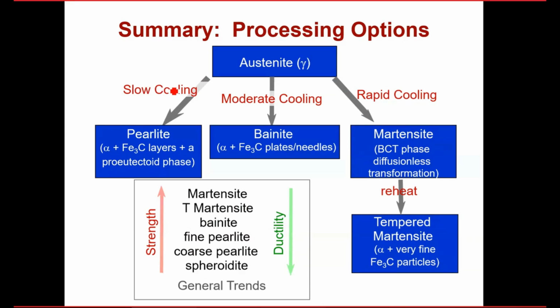Processing: slow cooling would give you perlite in the form of layers. Moderate cooling would give you bainite in the form of Fe3C rods or needles. Martensite would come with rapid cooling. It's a diffusionless transformation. If you reheat martensite, you have tempered martensite where you have alpha and very fine particles of Fe3C. Now these phases are labeled over here: martensite, tempered martensite, bainite, fine perlite, coarse perlite, and spheroidite. Generally, as you move from spheroidite to martensite, your tensile strength, yield strength, and hardness, all three increase. And exactly opposite trend is seen